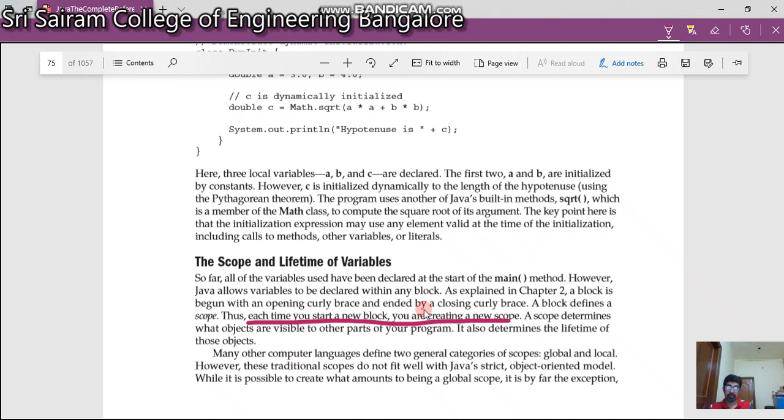My scope is within the first semester A and B sections, because within the class I'm defined. If I go outside the class, I have no scope. In the same way, each variable has a scope. Scope is nothing but where it has been defined, within the braces that have some scope.